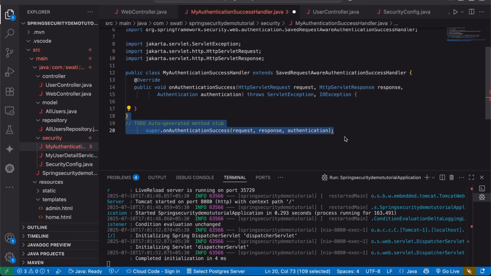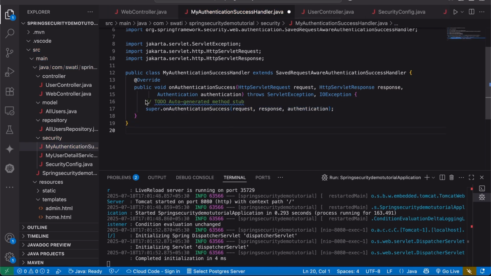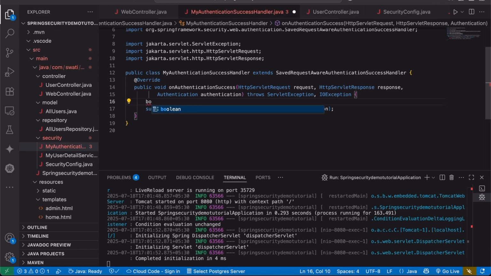So we'll remove this. Okay, I'll not remove. What we'll do, we'll remove just this one and write what we want to add. So what do we want here? We want the admin to go to the page that he has. That is, if he presses enter after authenticating, he should go to his admin page and not to the home page. So for that, we'll specify if the admin has the role of admin, role admin